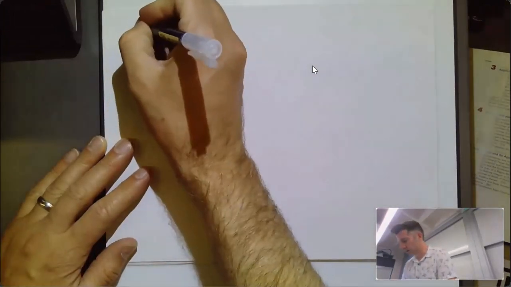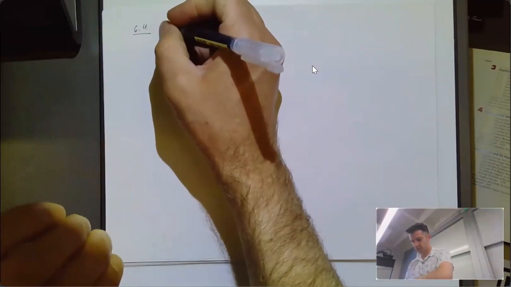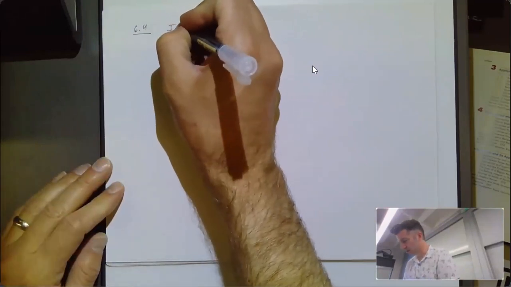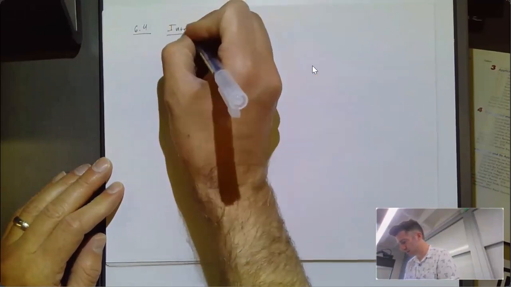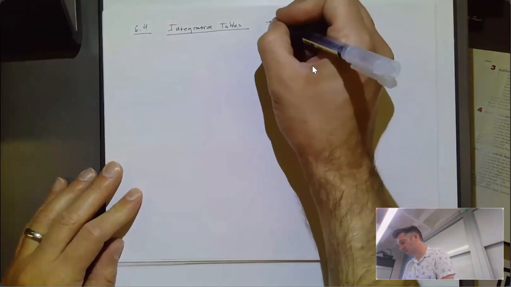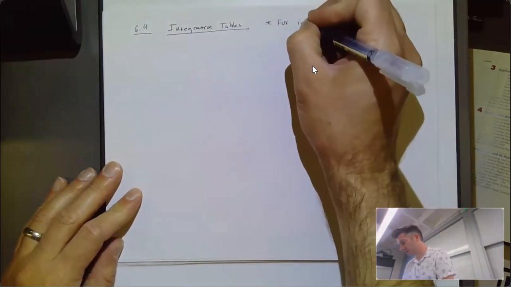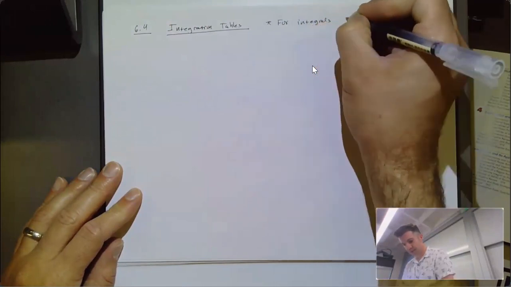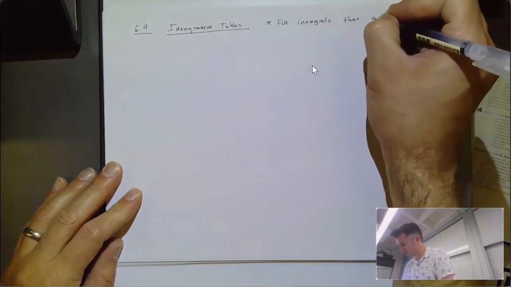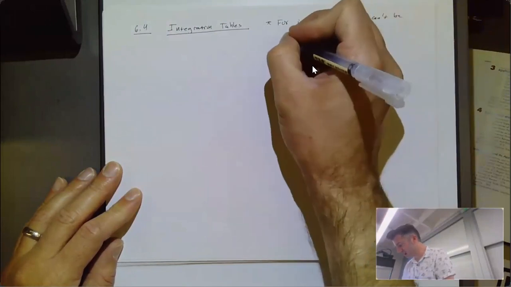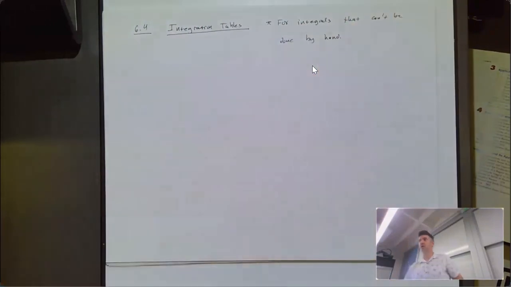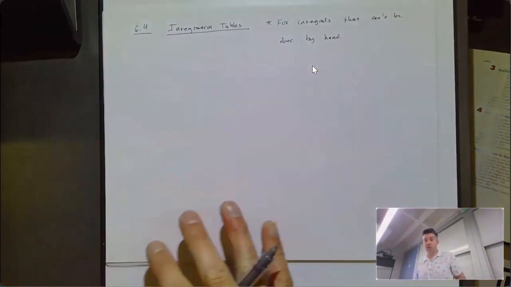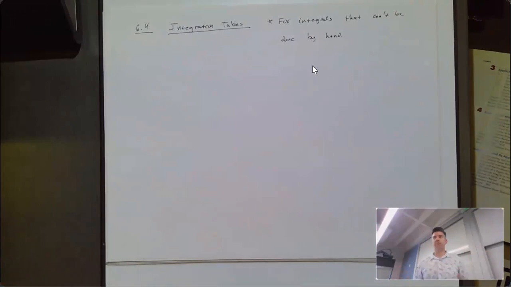So section 6.4 is integration tables. And these really are for integrals that can't be done by hand. That's not entirely true. There's definitely a couple homework problems that ask you to use the integration tables where they're integrals that you actually could do by hand if you really have the time and motivation to do so, but